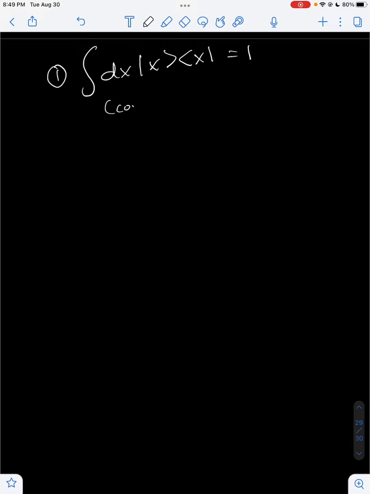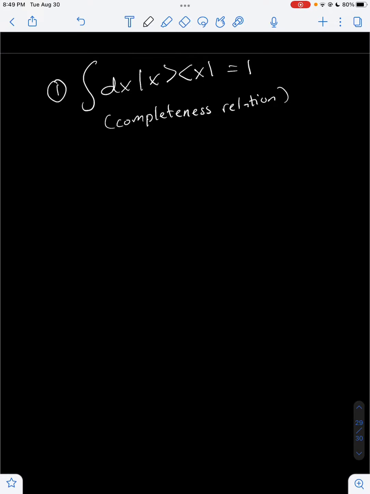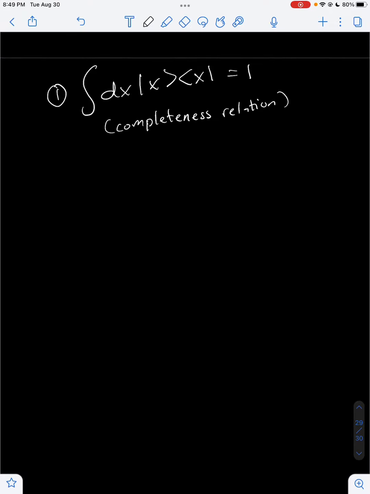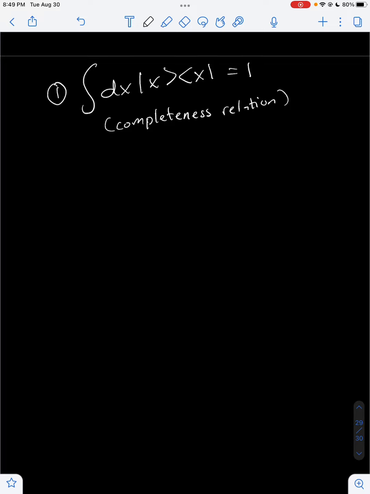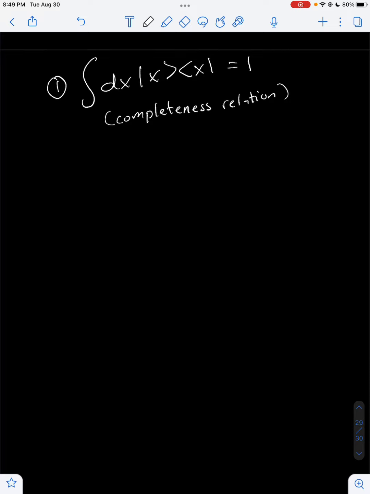We call this the completeness relation. This is a relation that's used in quantum mechanics and quantum field theory a lot. And you can find an explanation for it in the textbook Griffith's Quantum Mechanics, and I think most common textbooks on quantum mechanics. But for a brief recap, this thing over here is called like this